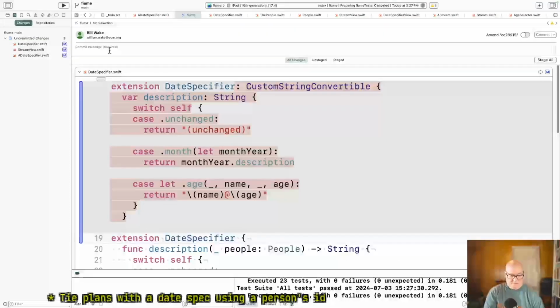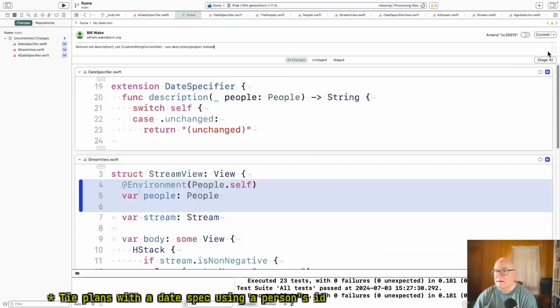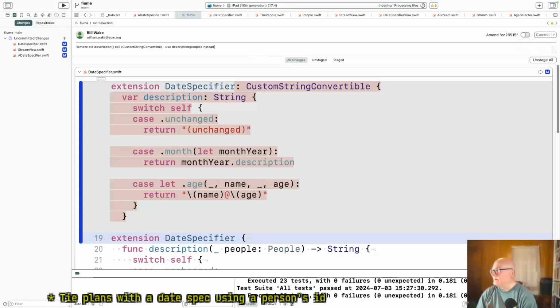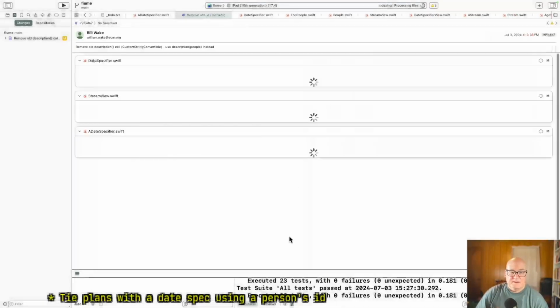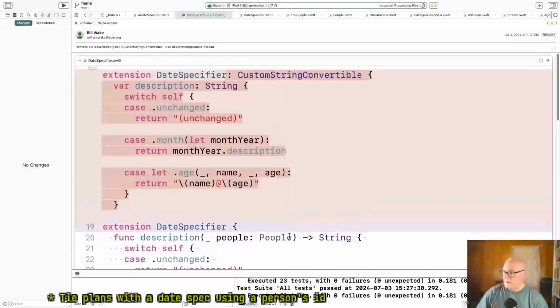All right, so remove old description, call custom string convertible. All right. Well, this is good. Let's see.